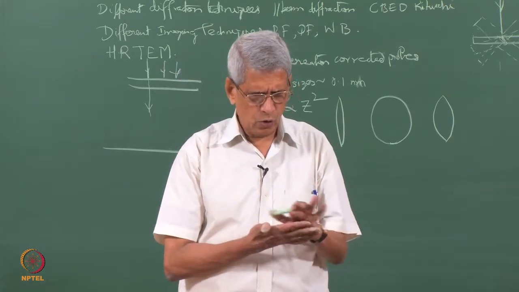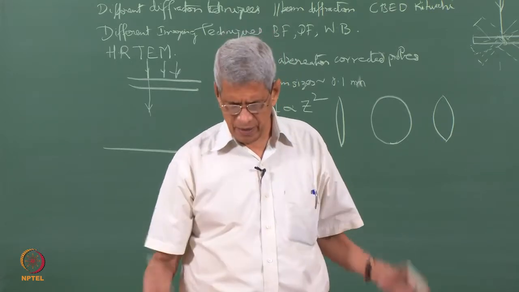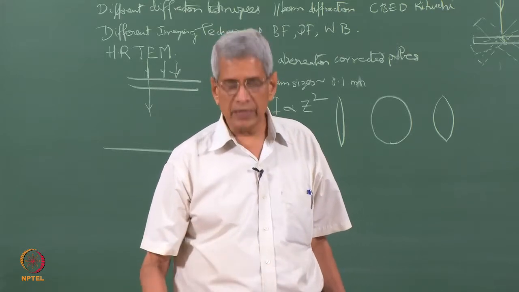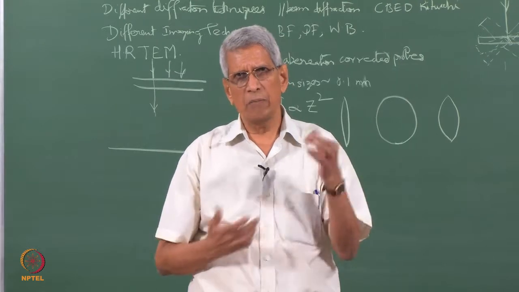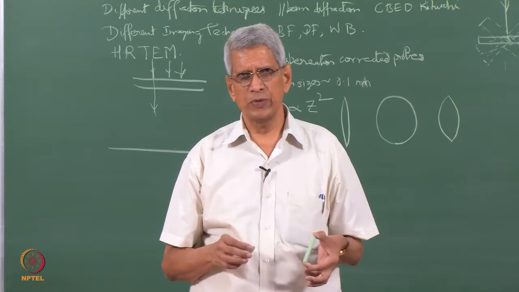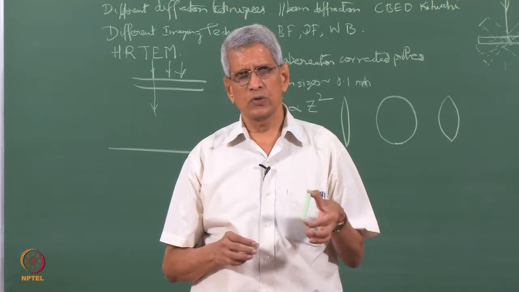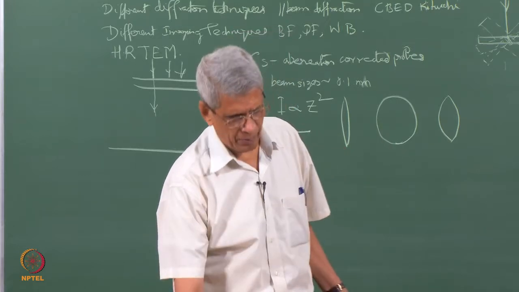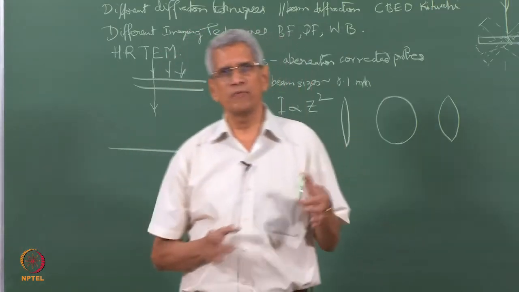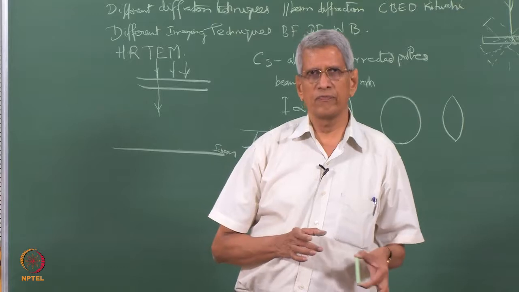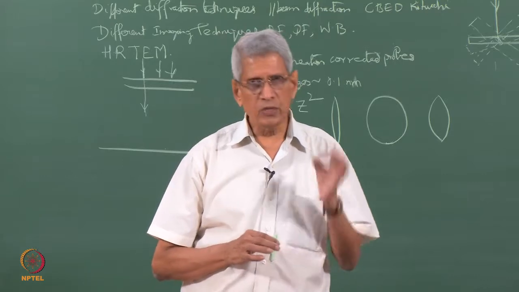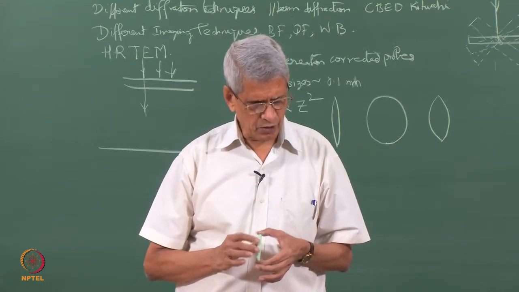magnetic materials. Looking at magnetic materials and getting microstructure information about them is extremely difficult, but it can still be done if we use a very small mass of the magnetic material, and some precautions have to be taken: the sample is sandwiched between two grids or glued to a grid so that it does not fly off, otherwise it creates a lot of problems in the microscope. But the same magnetic behavior of the sample itself could be used to get information about the distribution of domains in that sample. This microscopy is called Lorentz microscopy.